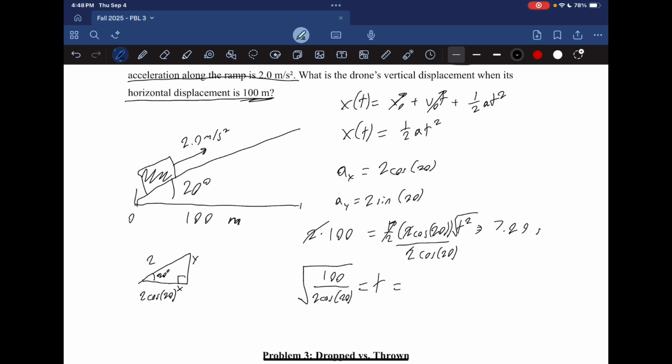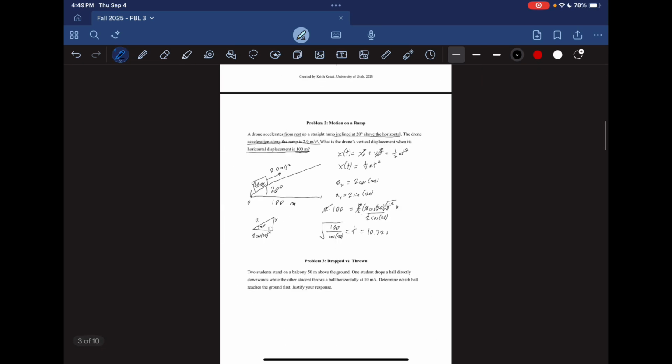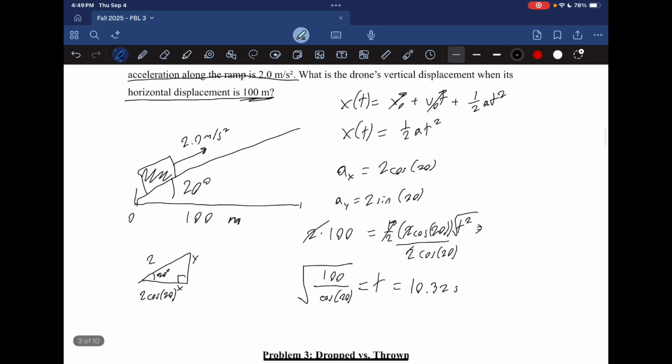And that would be seconds. Actually, I'm so sorry. I had a 2 here that wasn't supposed to be here. So it's actually just 100 divided by cosine of 20, which is 10.32 seconds. So this is our time, and we can now plug this into our equation for